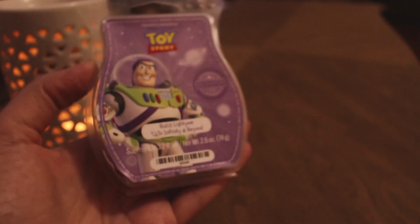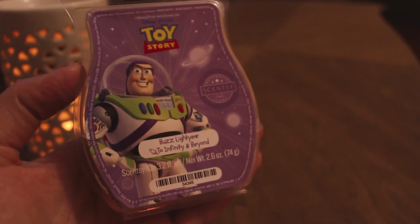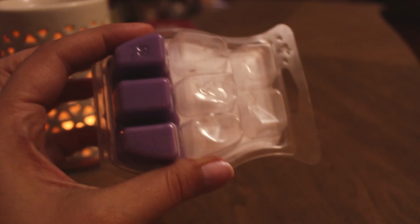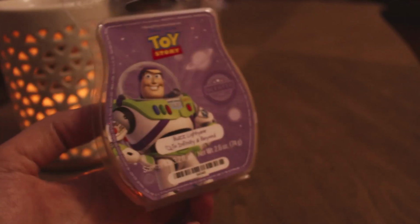Okay, I melted some Buzz Lightyear, oh my gosh, Buzz Lightyear, To Infinity and Beyond. I melted 2 cubes in my boys' room. Again, I forgot I had this. I'm not sure what the notes are on this. It's fruity, but it's also...